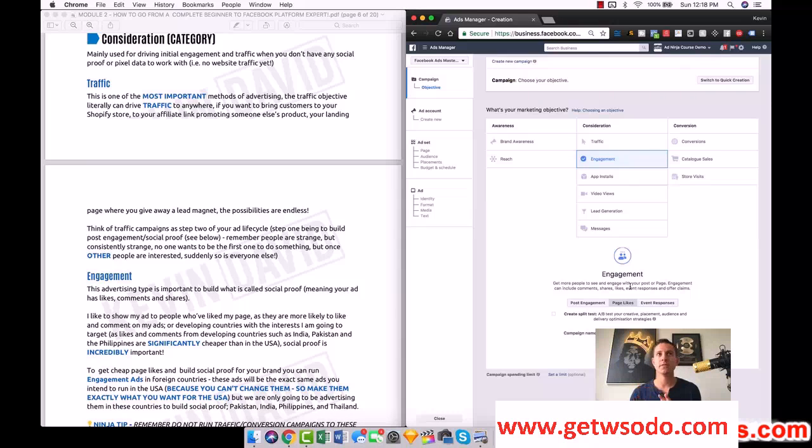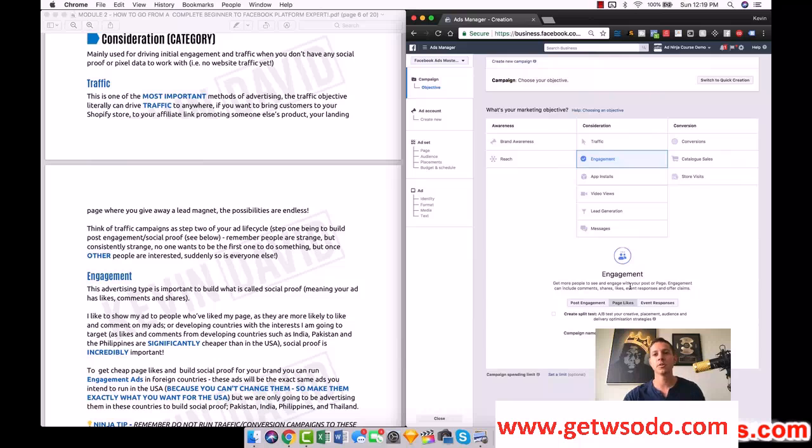Similarly with your page. In the new kind of digital era that we live in, people establish a lot of validity from companies based off of their Facebook page, based off their Facebook presence. I personally do it. If I'm going to go to a Shopify store, for example, I'll say, okay, is this company legit? And one of the first things that I do is go and see, do they have a Facebook page? Do they have 1,000 people that like their page? Do they have 5,000? Do they have 10,000? And literally subconsciously, it assigns a little bit more merit and legitimacy to their business. And I know that if I do it, then a lot of other people are doing it.